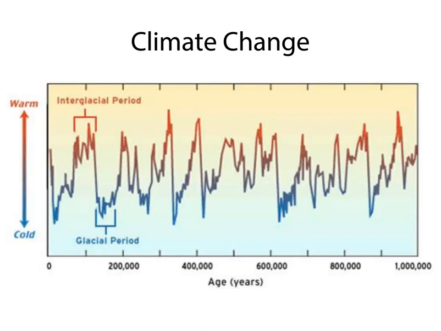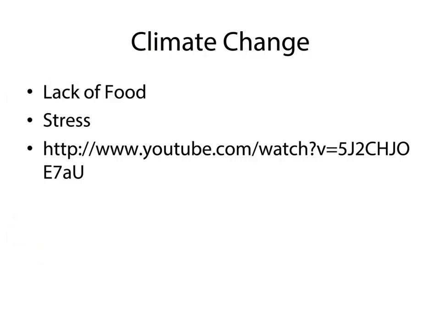So if you have such a range, it might have a pretty big impact on the critters. And rather than the overkill hypothesis, maybe climate change is what actually caused the creatures to go extinct. So again, alternative hypothesis, you always want to consider the different sides. So if in fact it was climate change, okay, then several different things are going to happen. There's going to be a lack of food because woolly mammoths eat a lot, probably why I identify with those guys, because they graze all day, and so could I.